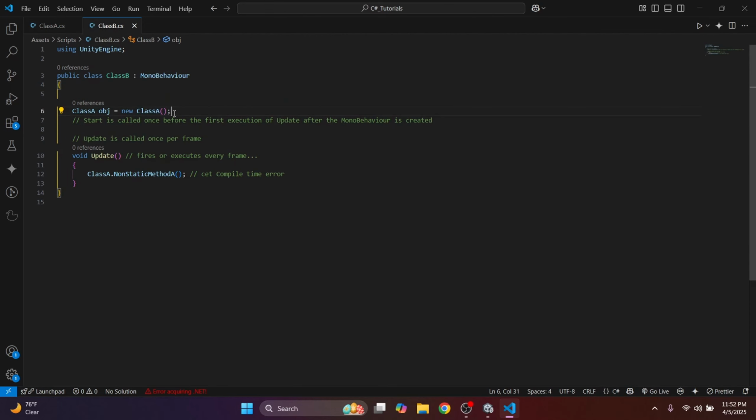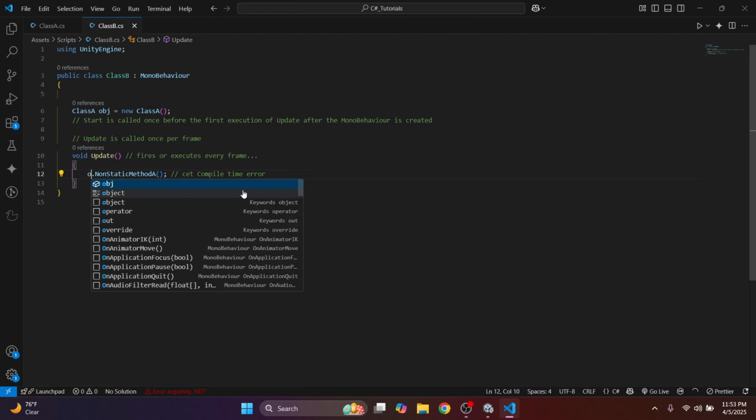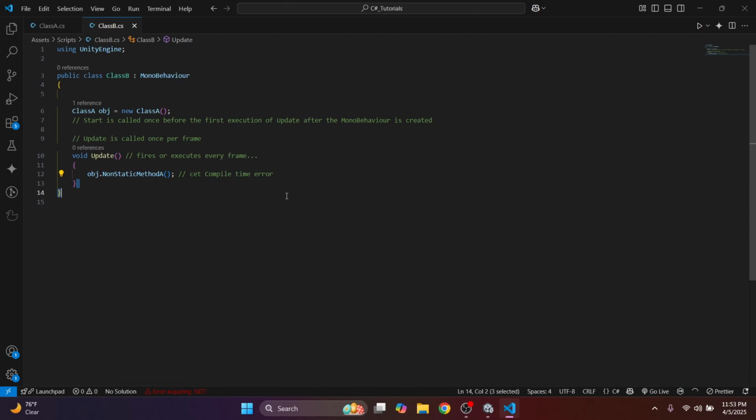Okay, so now as we created obj, a reference variable which is referring to class A, now we can simply call that reference obj non-static method. Okay,